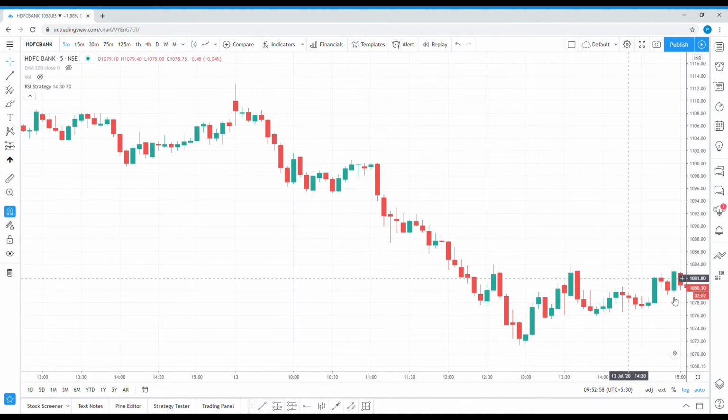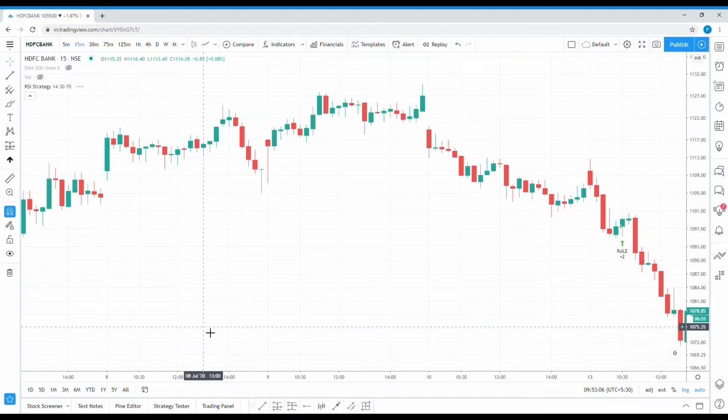Now if I click on 15 and move my arrow over here, at the bottom it is 9:30, next it is 9:45, that is after 15 minutes, now 10:00, again after 15 minutes.